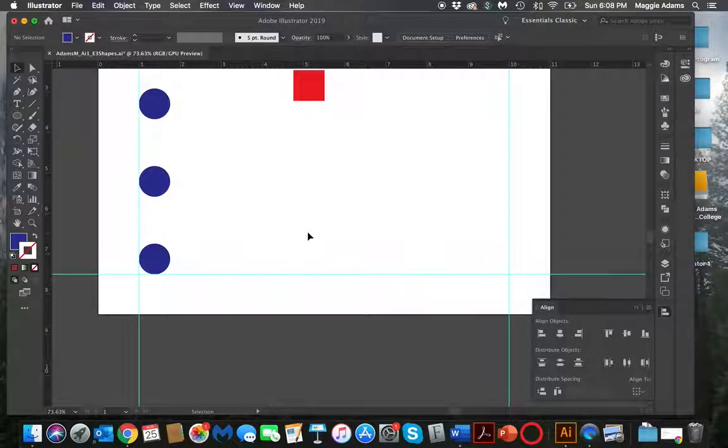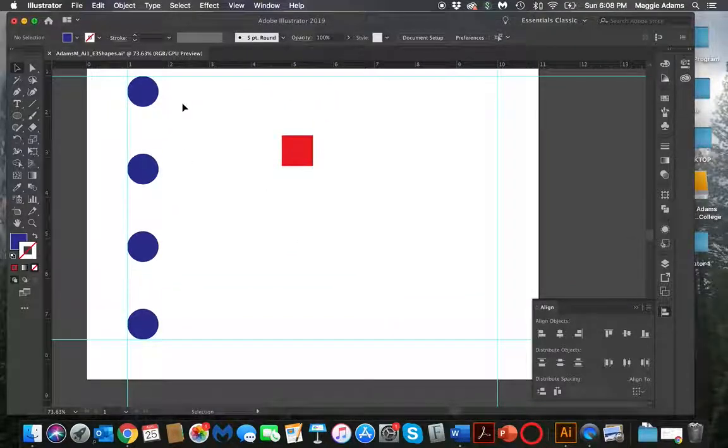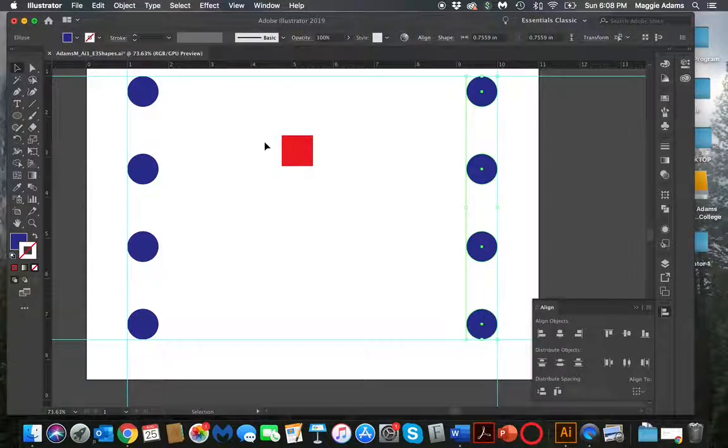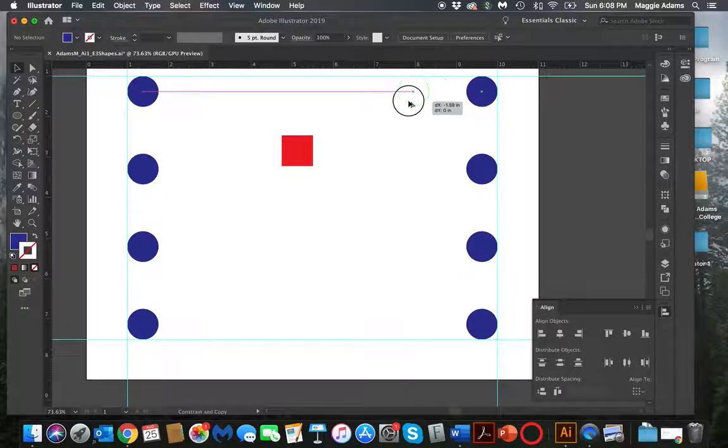Okay, and then what we're going to do next is duplicate these four. So I'm going to drag, hold down Option Shift, and drag them to this far right over here. Now mine were already aligned because when I duplicated them, I was holding down Option Shift. If I duplicate and hold down Option Shift, it keeps it straight. So you can see that they're